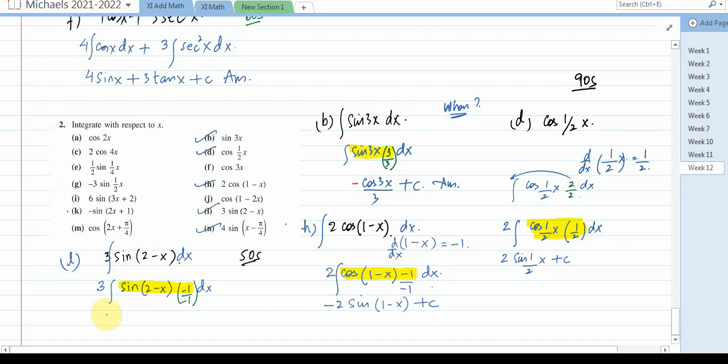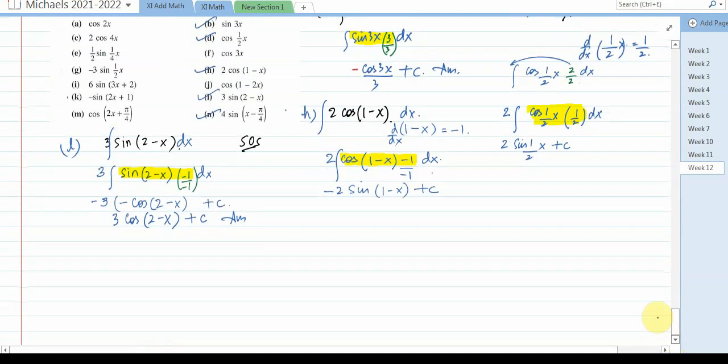So it's 3. This negative sign I'm taking outside the integral. The integral of sine(2 minus x) will be minus cos(2 minus x) plus c. And if you simplify, it's 3 cos(2 minus x) plus c. That is your answer. And after part L, moving on towards the next part, part N, and it says